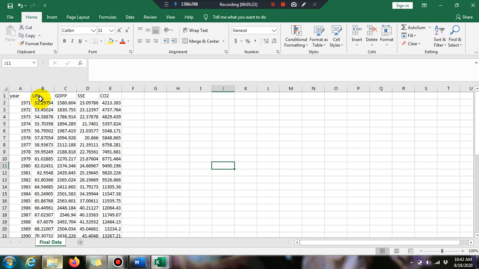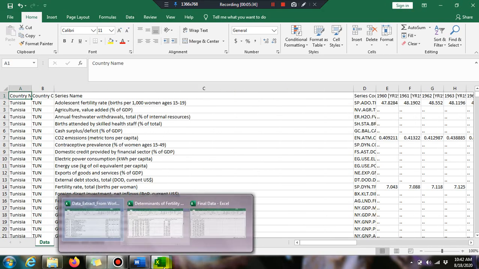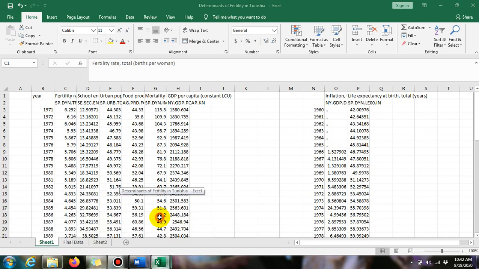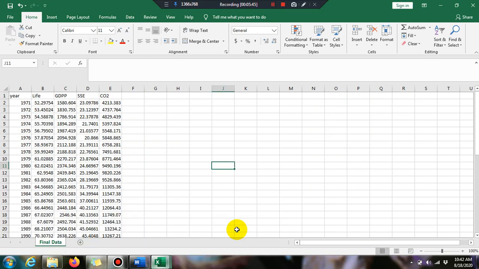Here our main concern is descriptive stats and correlation matrix. So see, from the raw file data we have arranged the data into the complete file data, and then the final data which we are going to use for finding our target, that is descriptive stats and correlation matrix.